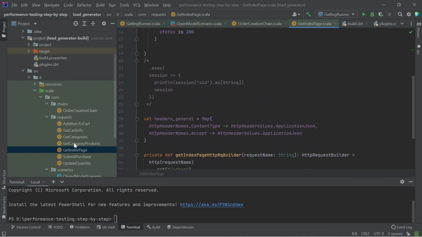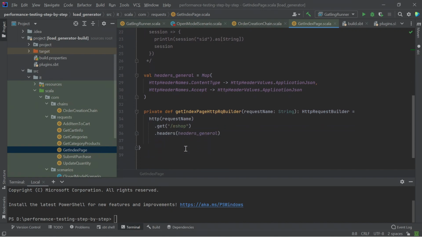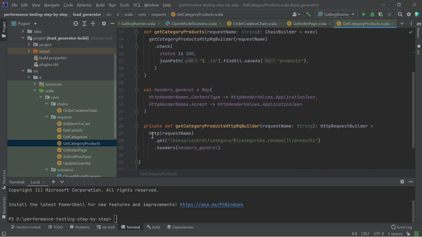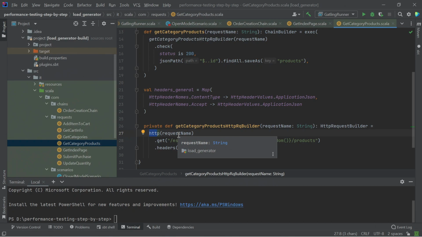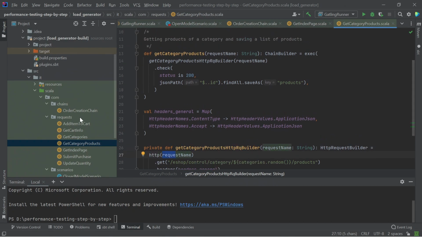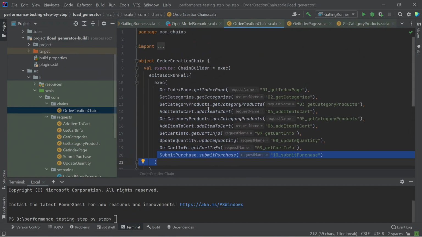These objects are written in a similar way. The names of the methods speak for themselves. Methods that work with the HTTP protocol are used. First, the name of the future request is specified. For example, for a request to get an index page, the name onGetIndexPage will be used.